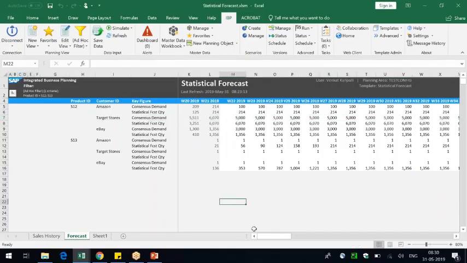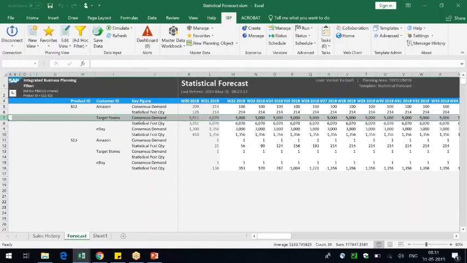For my local member, I want to know the total demand. It is 100 on week 22, and the statistical forecast is saying 214. So I want to do the summation. I want to see 314 here, 314 across. And for this eBay customer and S12 product combination, I want to say 3000 plus 1356, 4356, etc.